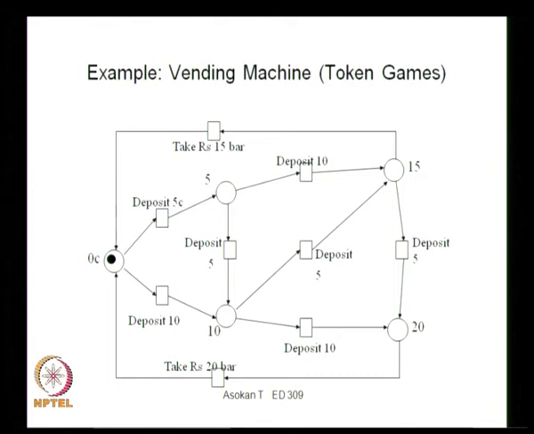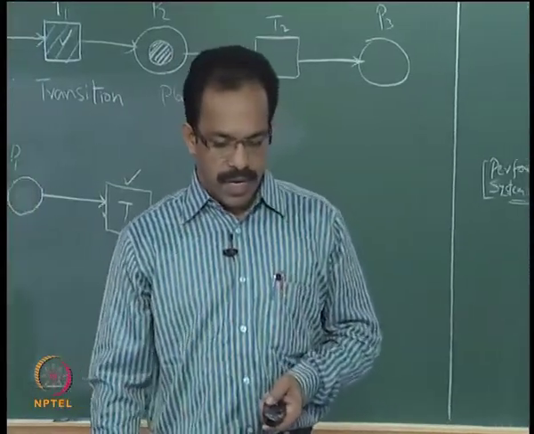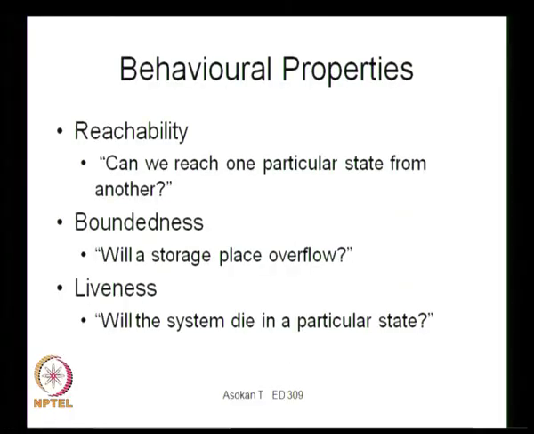So again, this is not a complex scenario, but of course you can represent complex scenarios also using PetriNet. I have a few examples for the complex scenarios also. Before going to those complex scenarios, we will see those scenarios also, but the behavioral properties that we can actually analyze using PetriNet are, first, reachability.